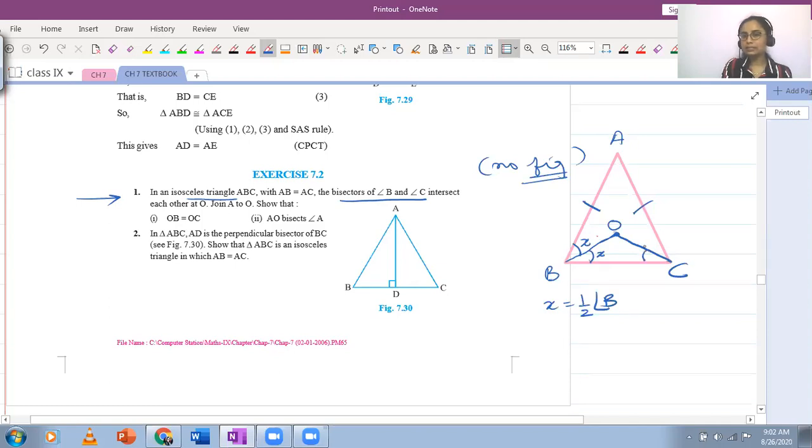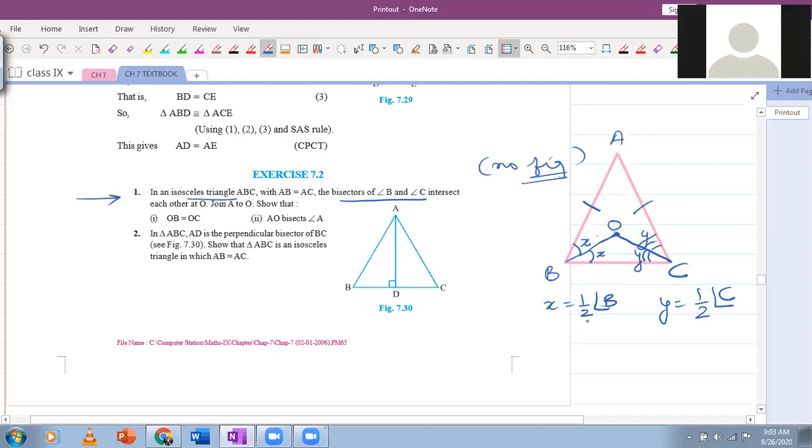Similarly, angle C is divided into two equal parts. You can mark these as Y. You can take numbers also. Y is half of angle C. Does that make sense? Yeah. If you don't want to use variables, you can use numbers also, like 1, 2, and then angle number 1 and angle number 2 will be half of this angle B. पूरे angle B का जो measure है, उसका अगर हम half कर दें तो ये वाले जो अंदर छोटे वाले angles बन रहे हैं, आपको इनका measure मिल जाएगा.